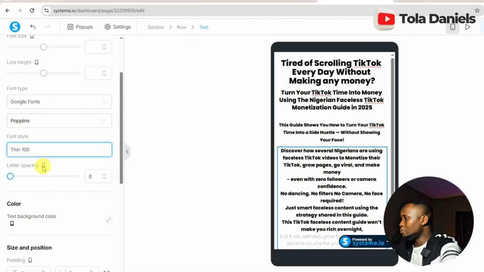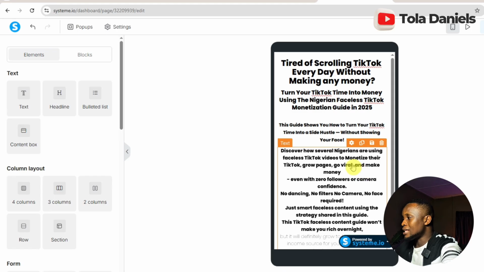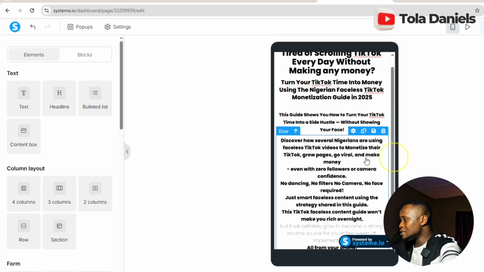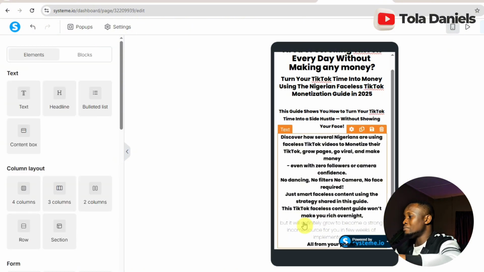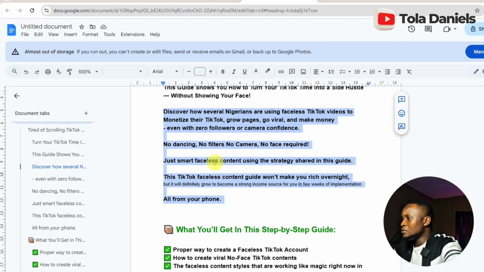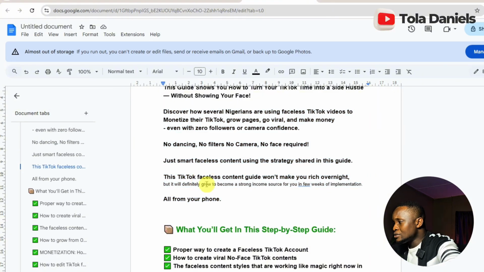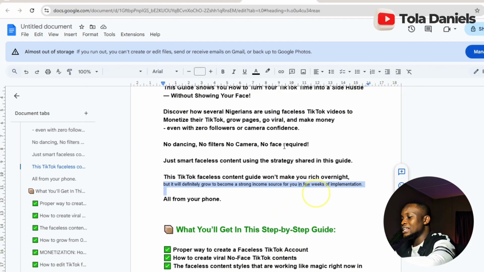Okay. Now there's something that is making this not respond to my styling. If you notice, the text below from "but I will definitely grow to become a strong income" is responding to my styling, but the text above are not responding to my styling. So I have to come back here and check why that is so. So if you see, this is the one that was responding to my styling, this one here that I am highlighting now, but the ones above are not. So that means I have to first of all select everything on this page, select Arial,